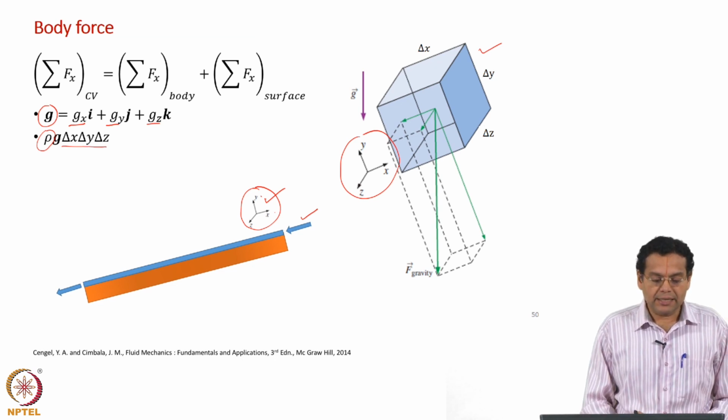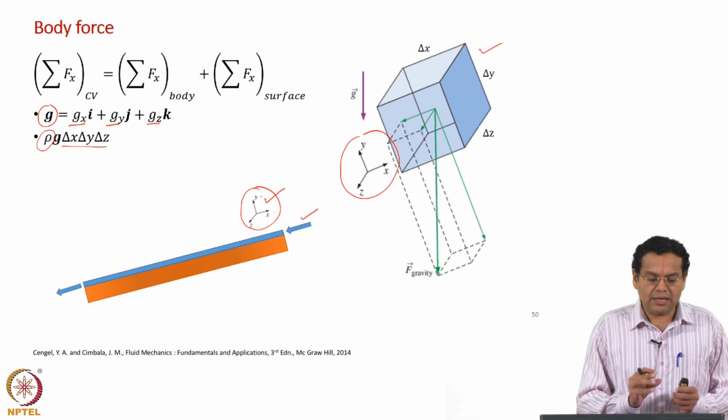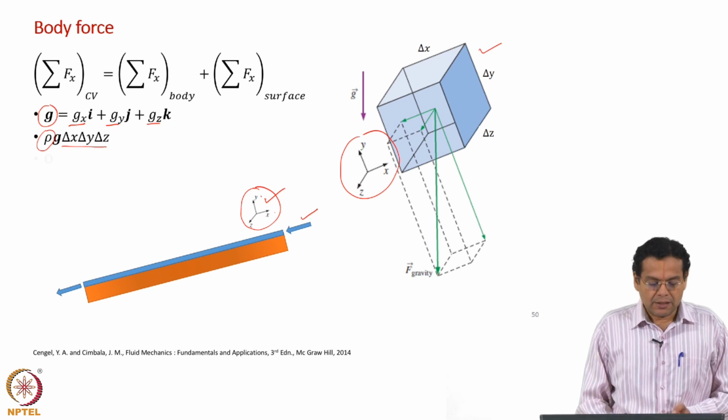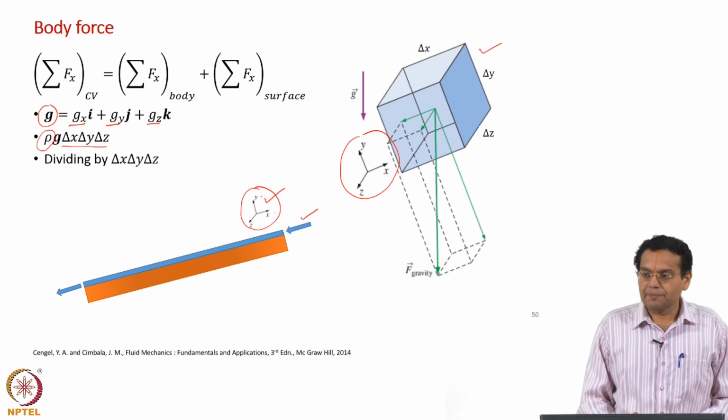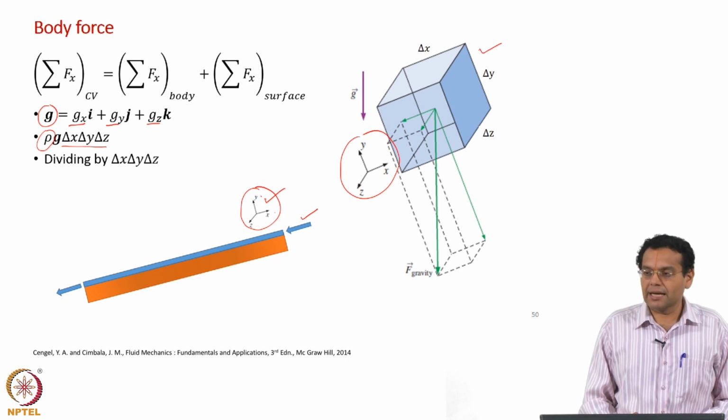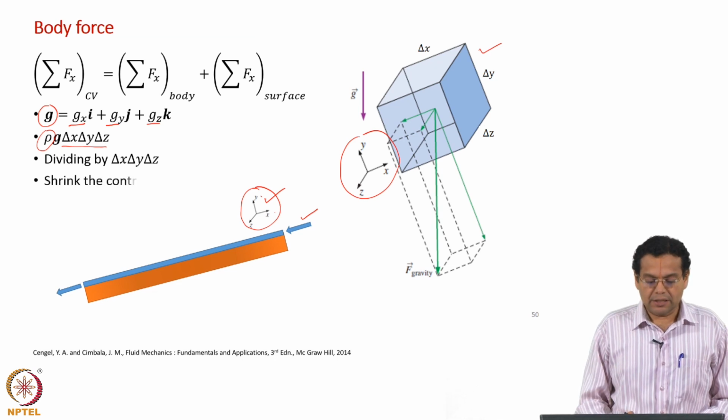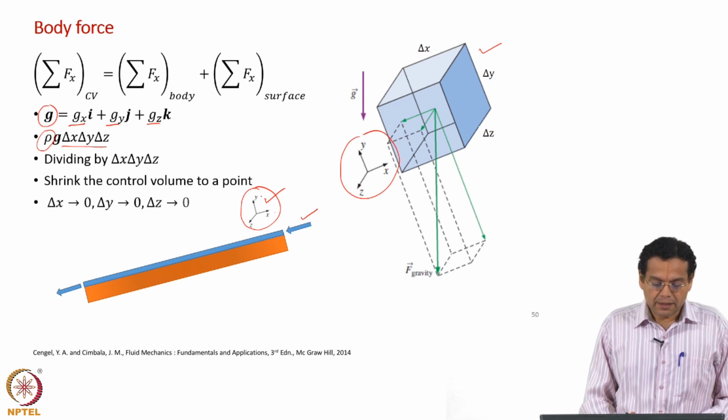At this point it is an average value, rho is average, of course G is just a constant. As we have done for the left hand side, we also divide by the volume delta x, delta y, delta z, and shrink the control volume to a point, and now what you get is